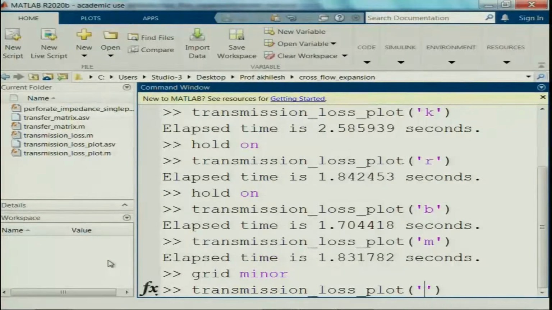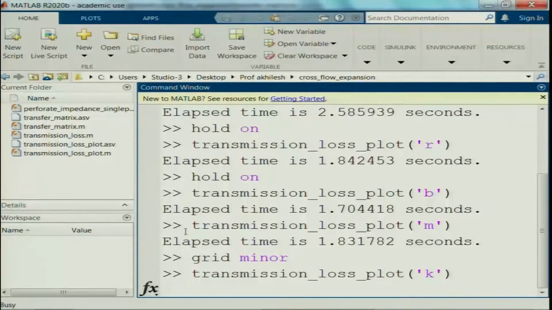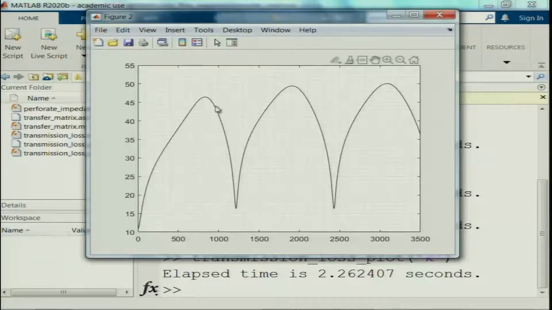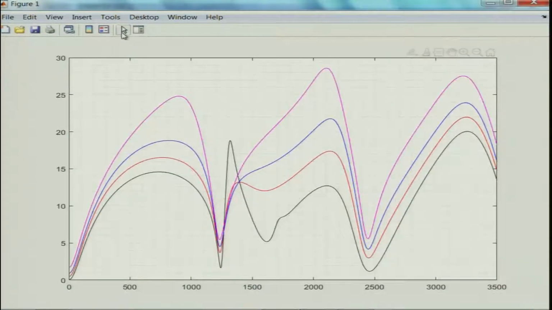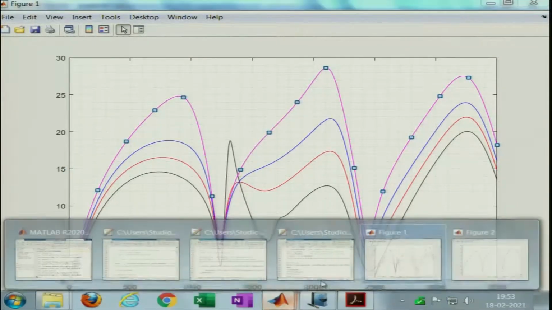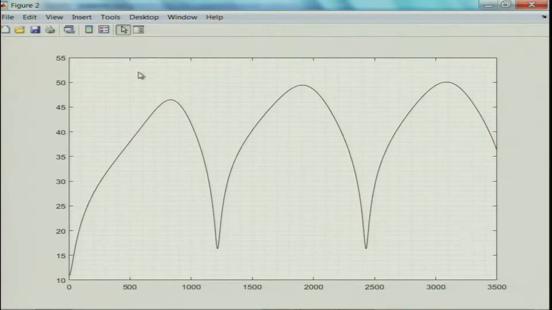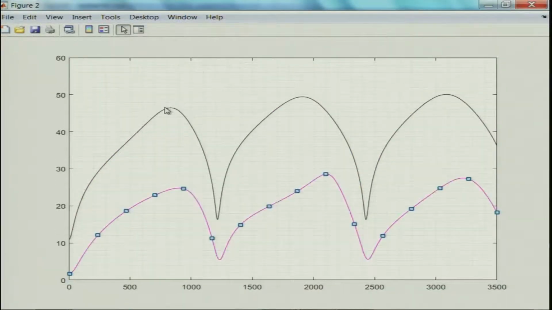We get for this one much more. Now if you were to simply pick up the curve here for this guy and place it here, heaps of difference. There is a lot of difference, although the shape remains intact, but difference in perforate impedance expression can completely give you different attenuation values. So which one is correct? Well, I am not quite sure here, to be honest.